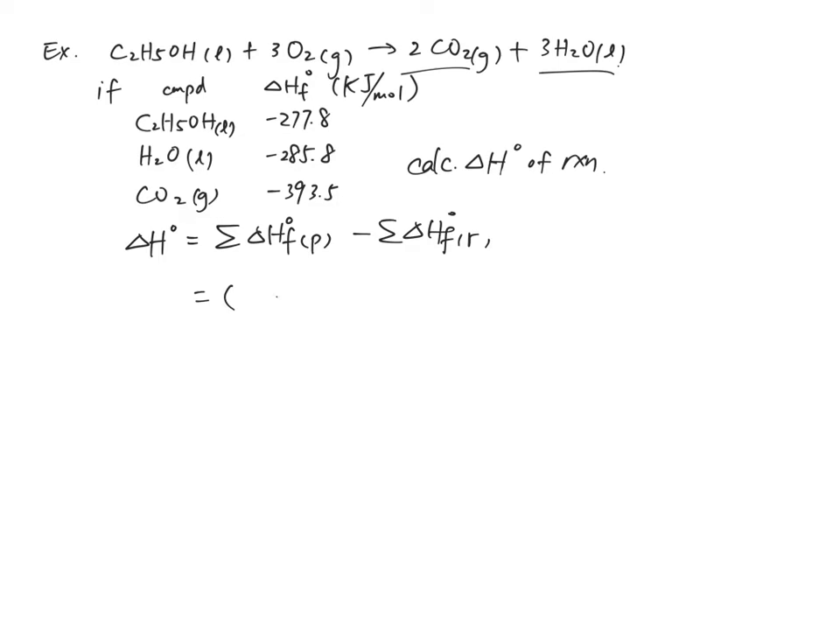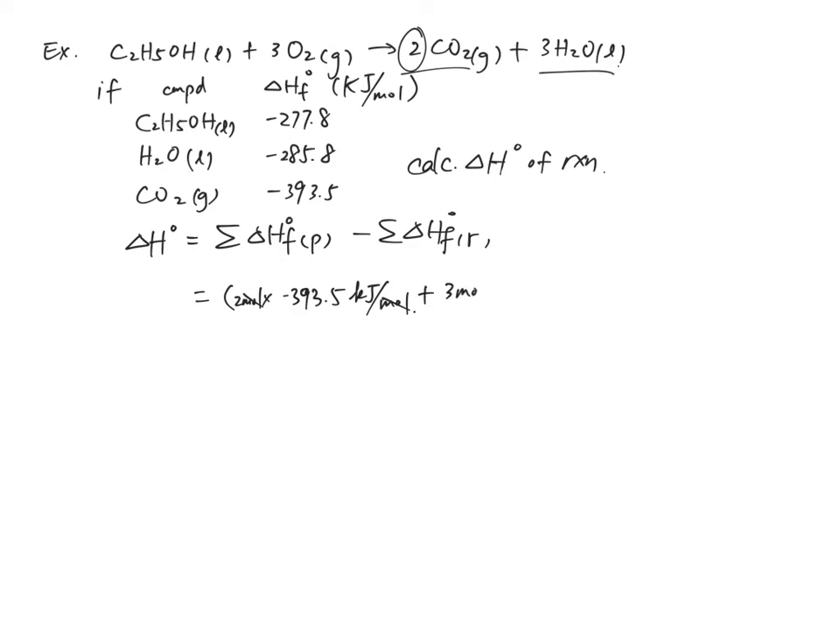Carbon dioxide is negative 393.5 kilojoules per mole. And don't forget, I have 2 moles of this, because standard heat of formation by definition is making 1 mole of stuff, right? That's where the per mole is coming from. But I have 2 moles of it, so this is going to cancel mole, give me kilojoule. Okay, plus